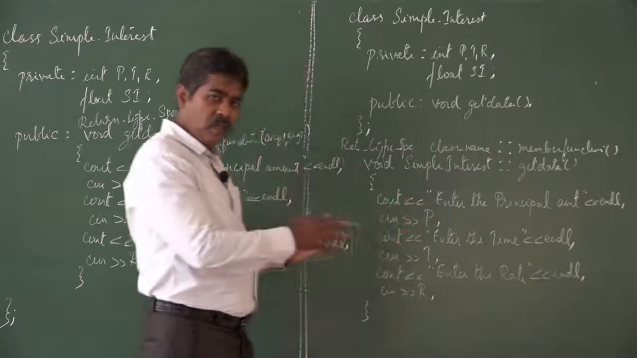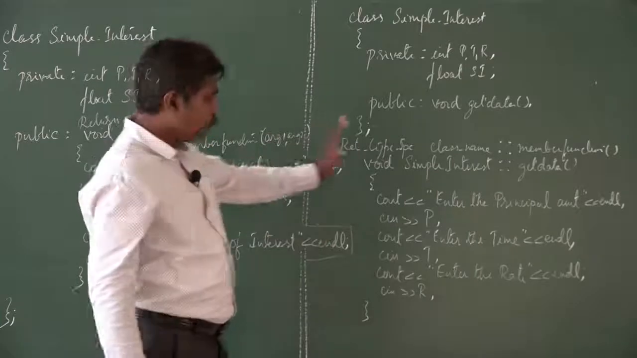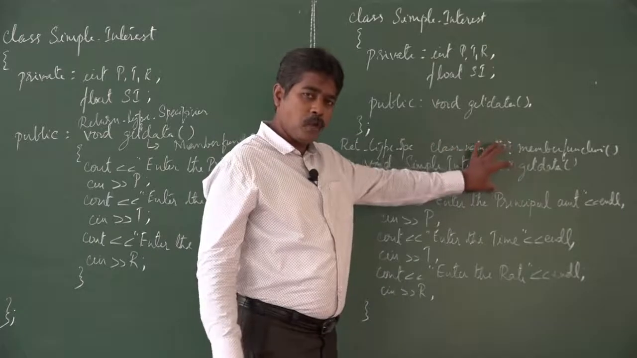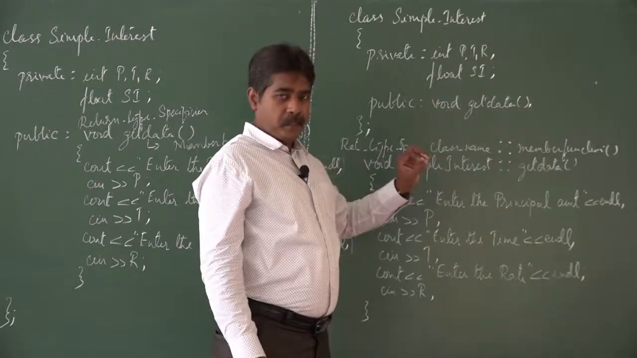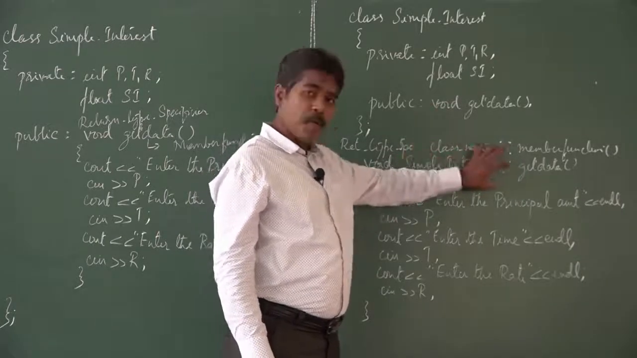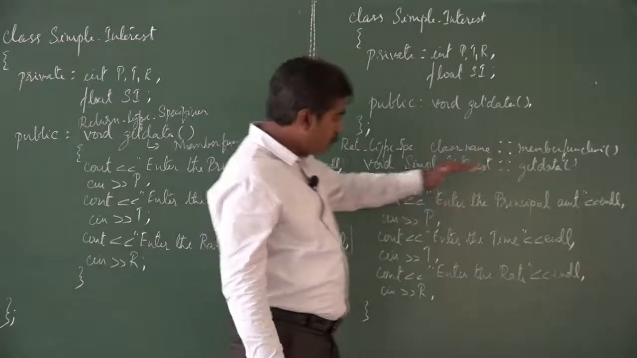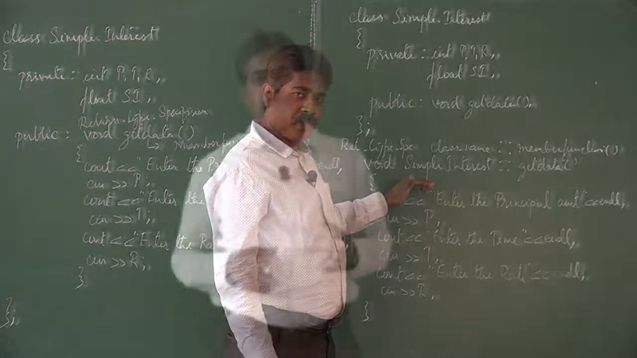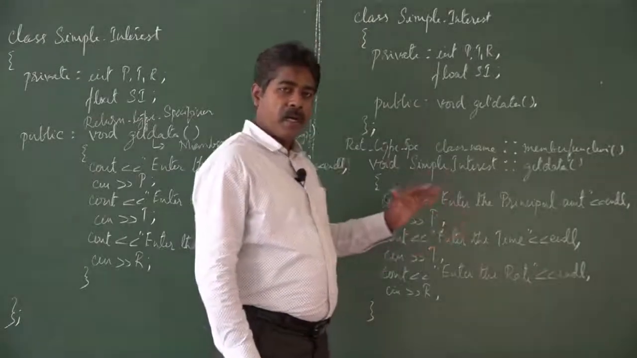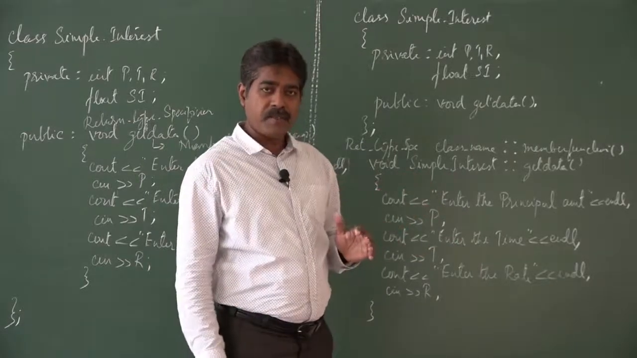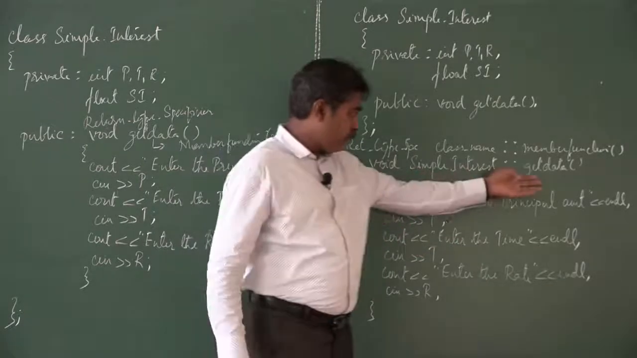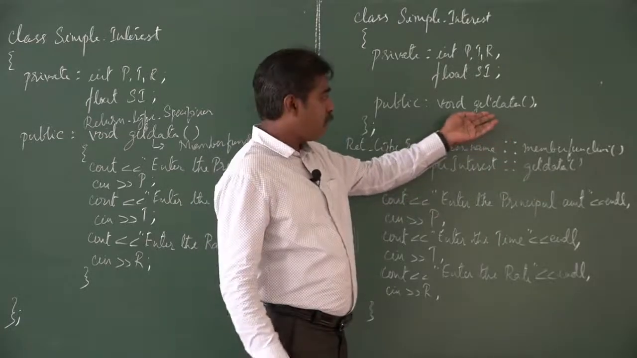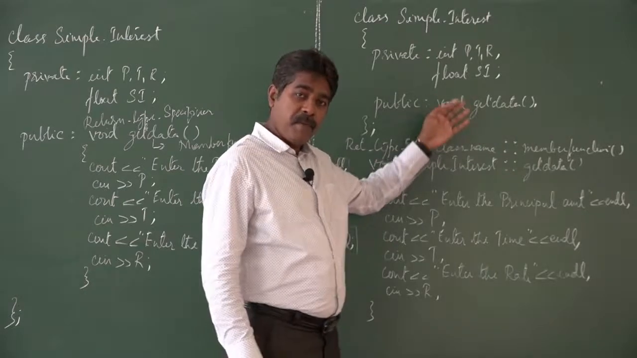This is the actual difference between the inside and the outside class definitions. When we use the scope resolution operator, it is an important operator which says that this getData belongs to the class simple interest. Because a program may contain n number of classes. For example, there are 5 classes in a program and there is a getData member function, the same name may be used